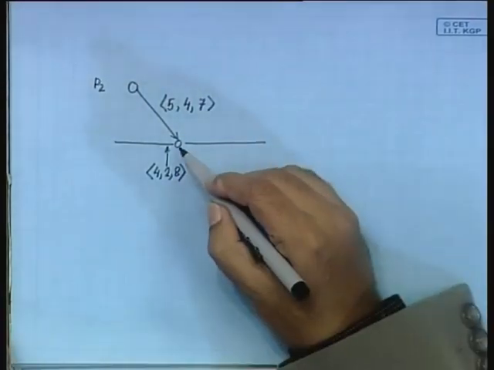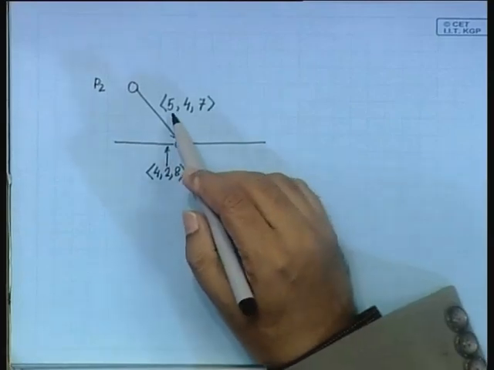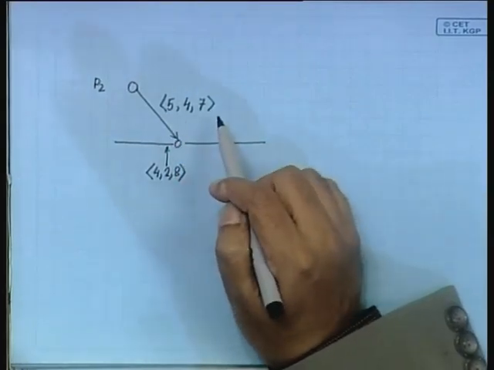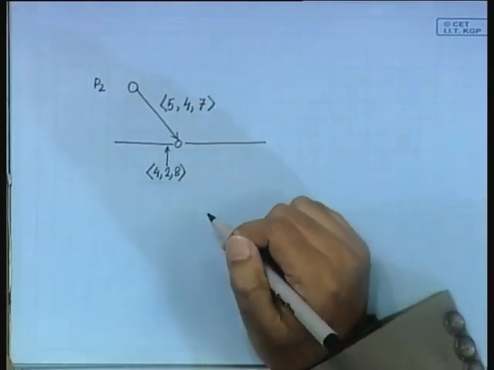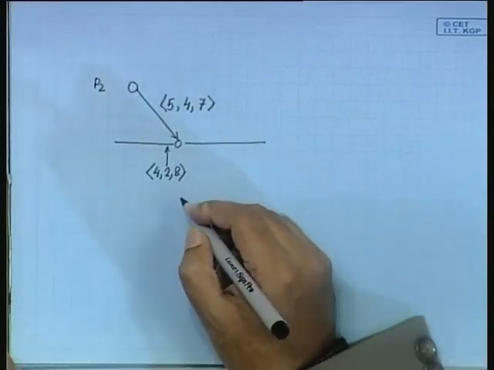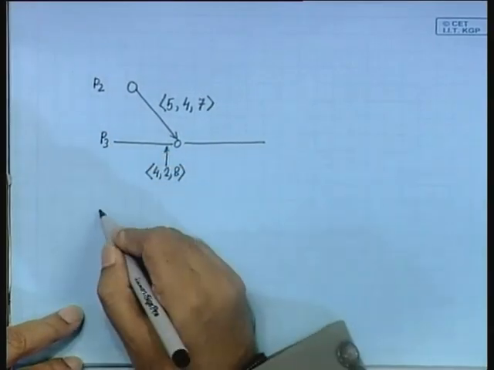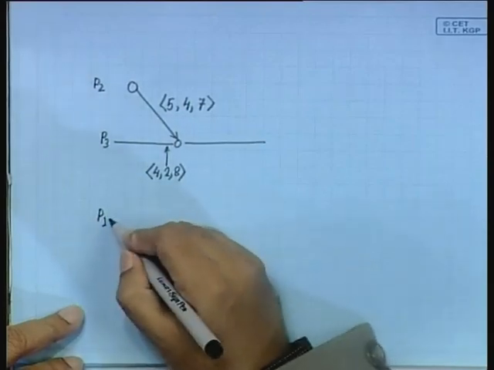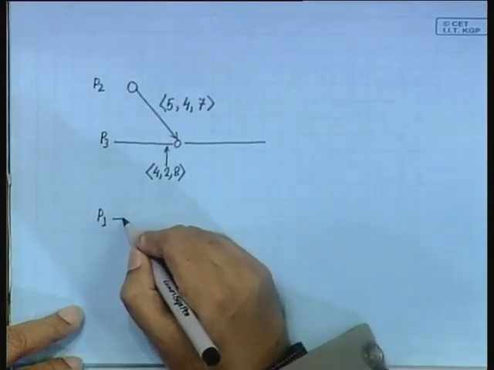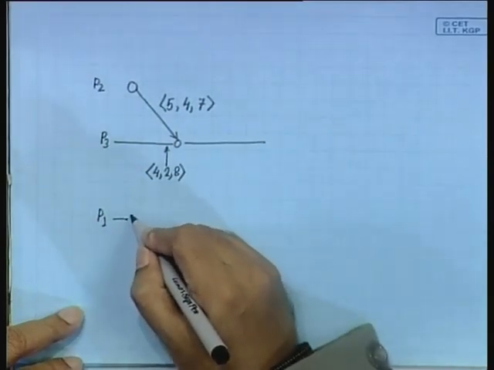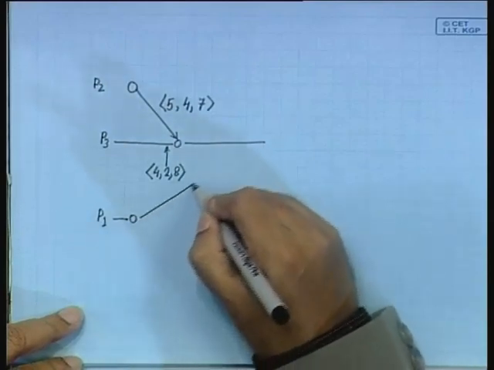The delivery of this message will be held up until the previous messages come. So, for example, let us say now that I get another message, this is P3, I get a message from P1 with